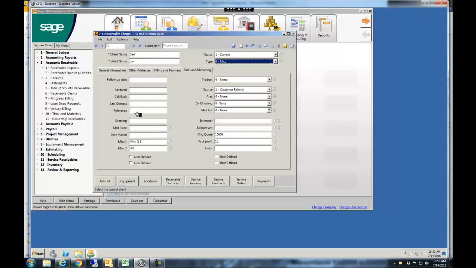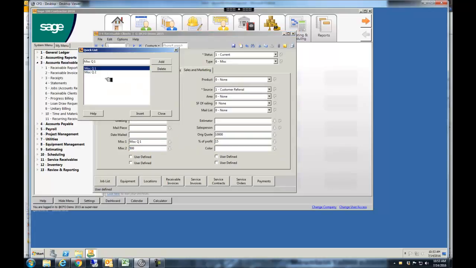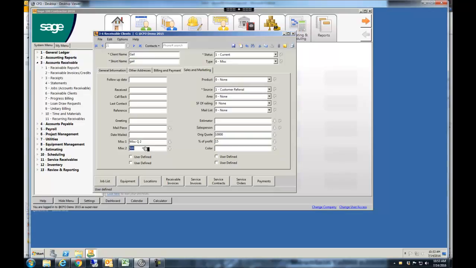Okay. And then coming down over here on the left, I've got a miscellaneous 1, a miscellaneous 2, and if you have this little arrow pointing down here, that means it's just a quick list. So I can just come in here and say, this is miscellaneous question number 2. I can fill in whatever I want here. And then over here, I'm just going to highlight these so you can see them. Square foot of railing, and then the original quote, the percent of profit, the color, and then there's a field over here. I'll just type a date in here,